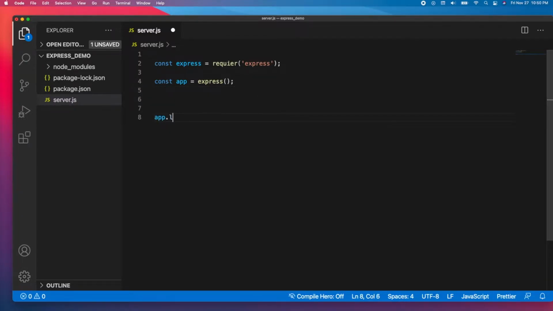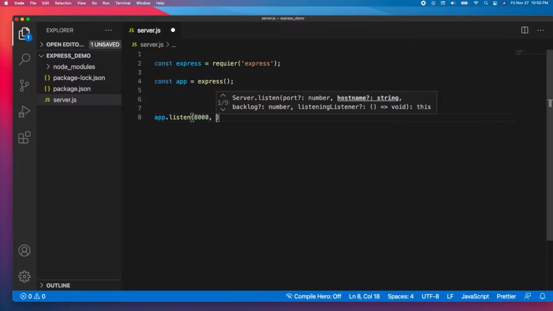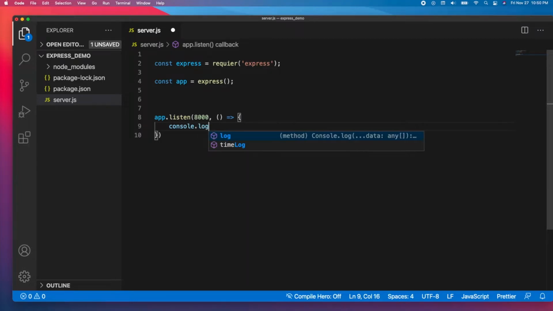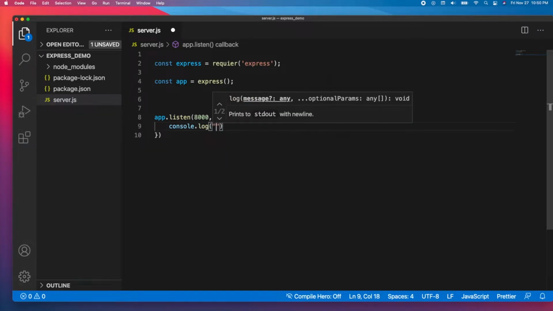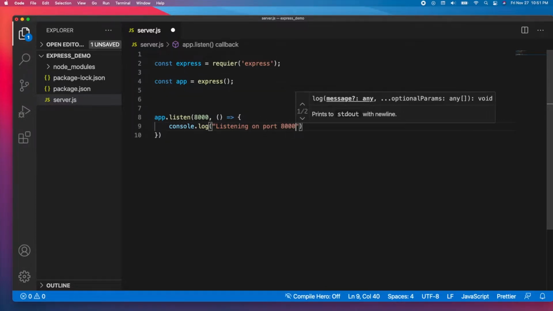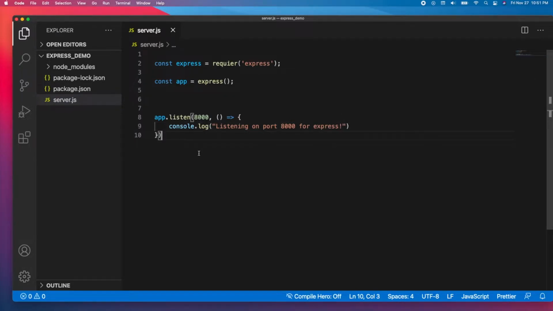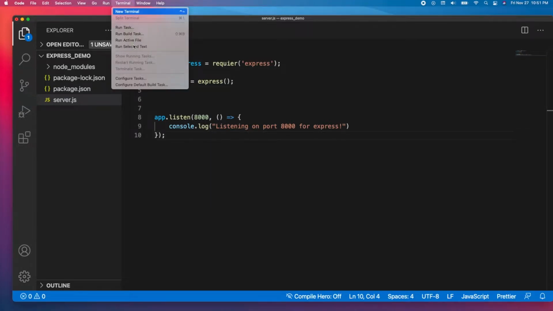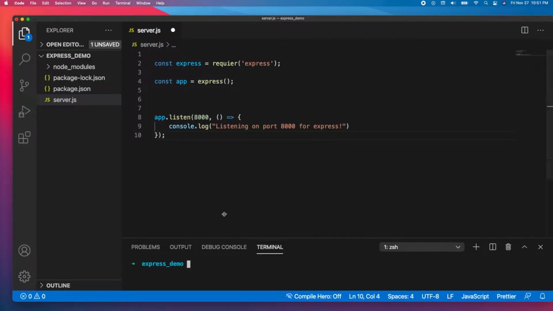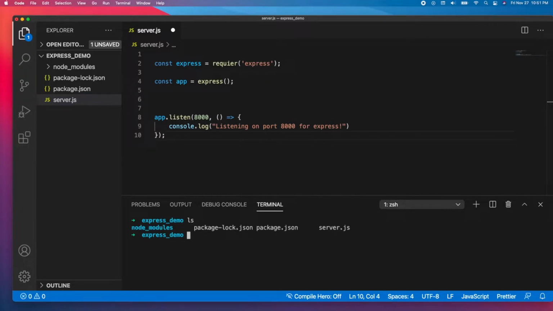App.listen on port 8000. We're going to pass in a console.log that we're listening on this port. This should log to the terminal. Hopefully you guys have Node installed to get server.js running. Node or nodemon